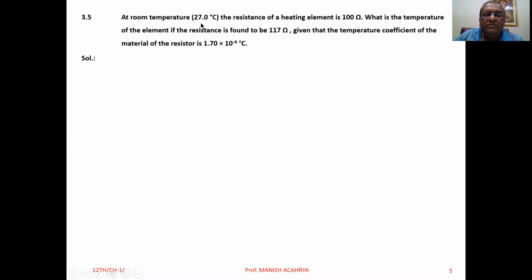3.5. At room temperature 27 degrees Celsius, the resistance of a heating element is 100 ohm. What is the temperature of the element if the resistance is found to be 117 ohm? Given that the temperature coefficient of the material of the resistor is 1.7 into 10 raised to minus 4 per degree Celsius. Now see here, the reference temperature